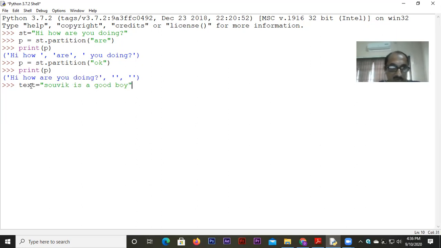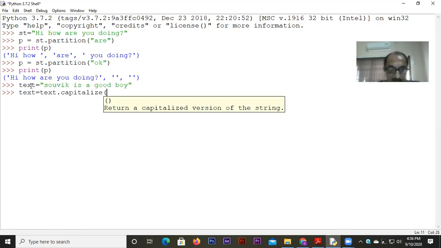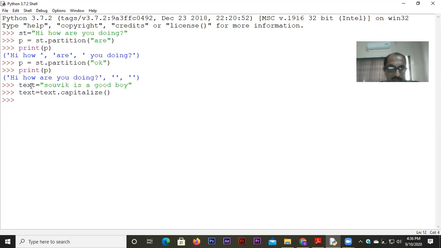Look at this, all are in small letters. If we write text equal to text.capitalize() and then print text, the first letter will become capital and the remaining remain as they are.